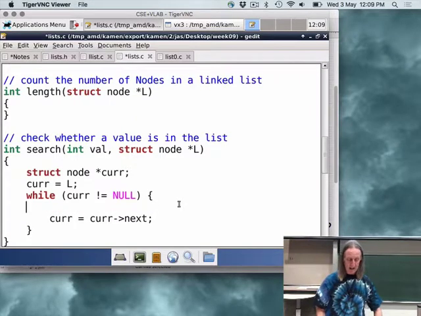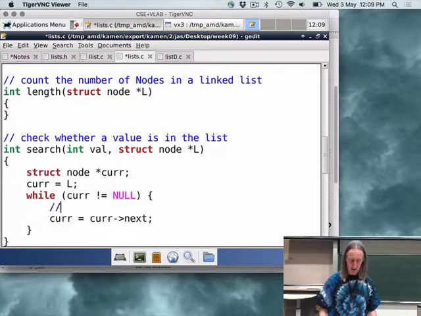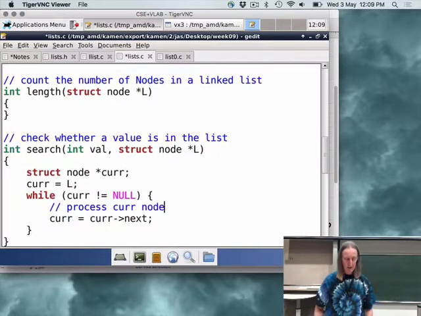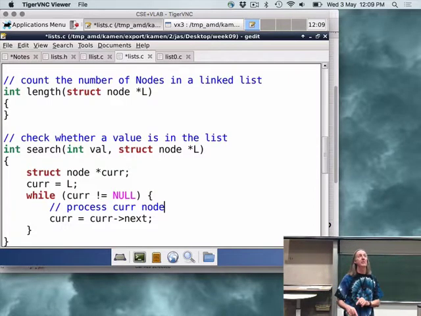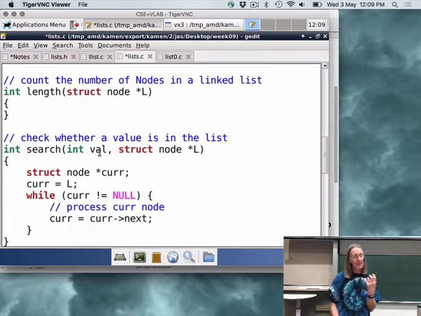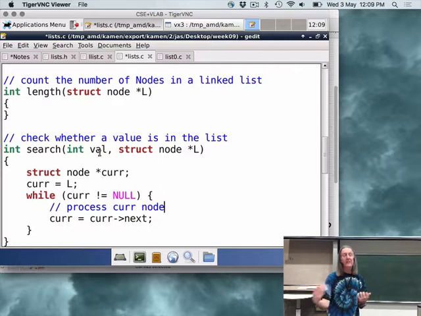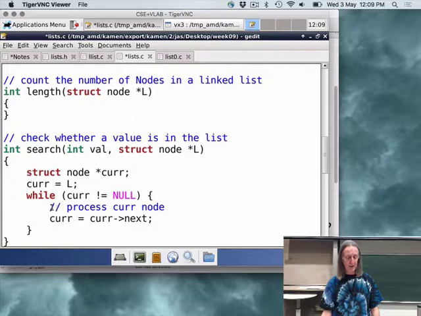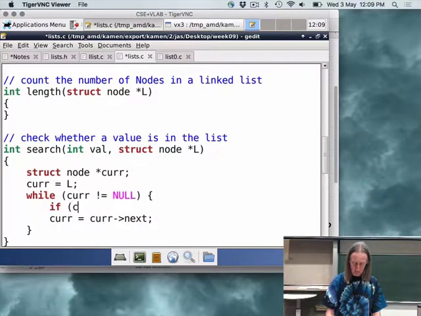And generally the other part of such a thing is you're processing the current node and then you're going to the next node. So what's the processing here? We simply need to check, is the data value in the current node equal to the value val? And if it is, then we're done, we've found it, so the search is successful and we can return 1. So if current data is equal to val,